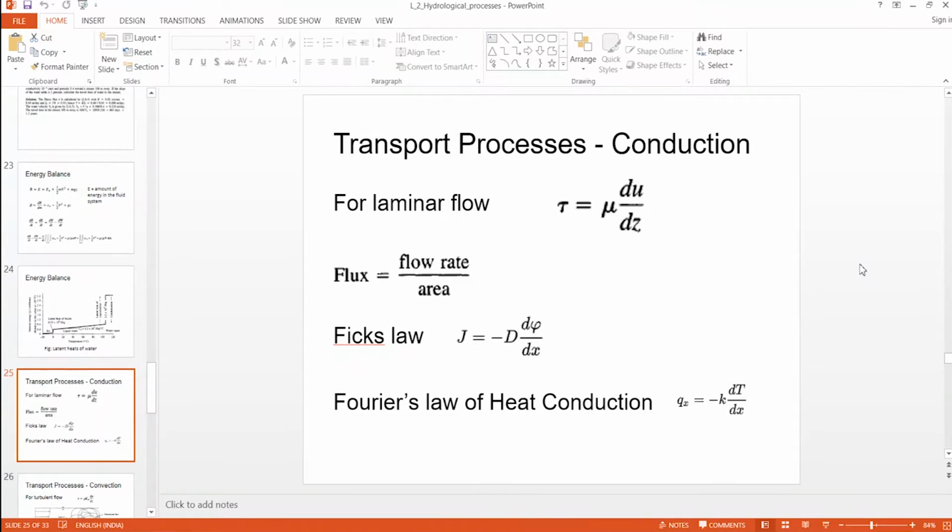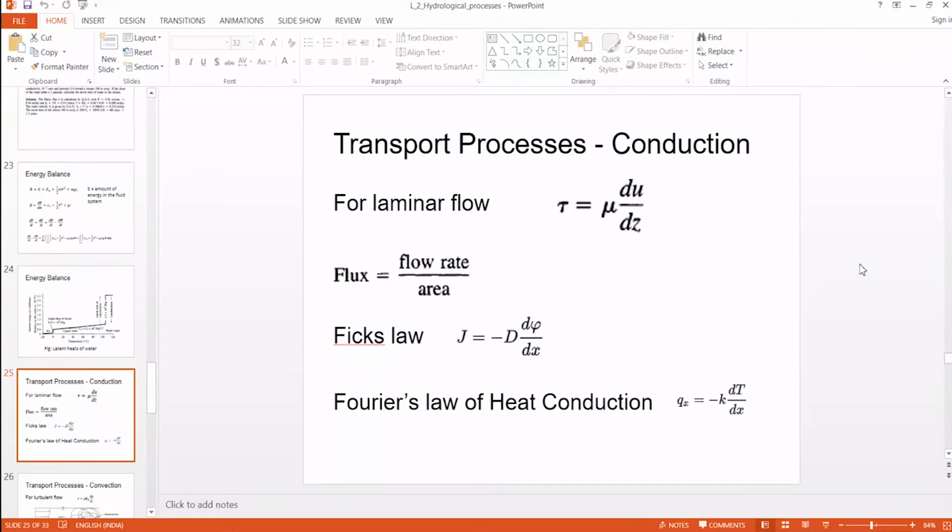So in a bucket of water, if you apply some dye or some contaminant, then the contaminant spreads within the bucket, although there is no flow taking place. Why is this contaminant spreading? That is because of Fick's law. The place where we added the contaminant has a higher concentration, and at other places there is no contamination or little contamination. So there is a contamination gradient, and that gradient drives the spreading of the contaminant. So this is a conduction of mass.